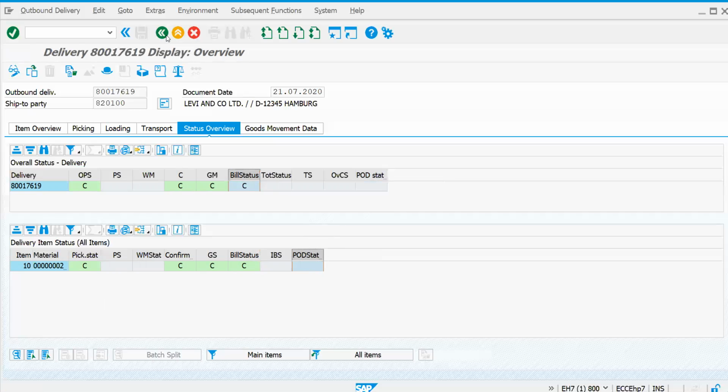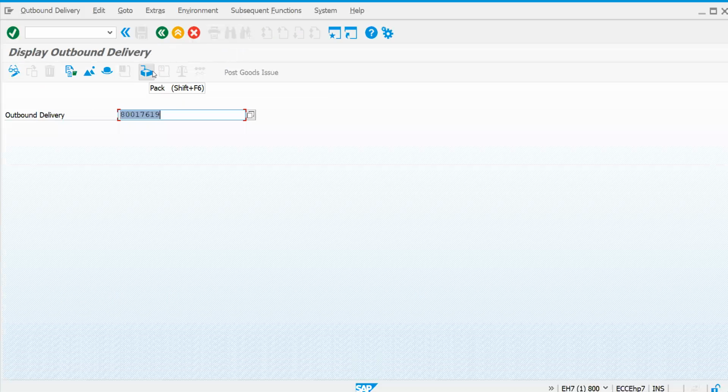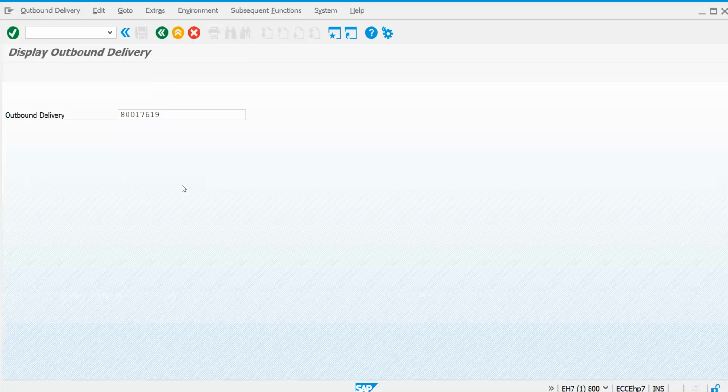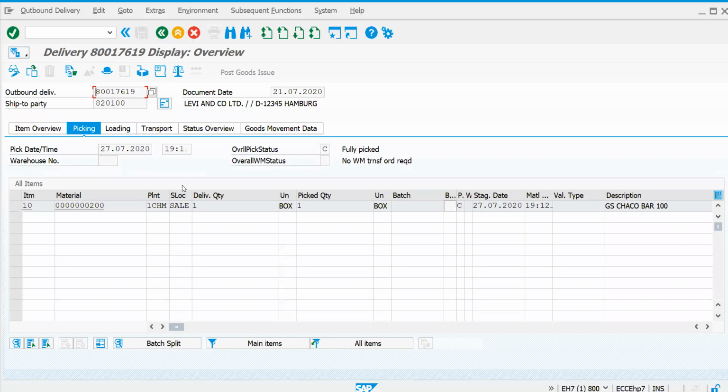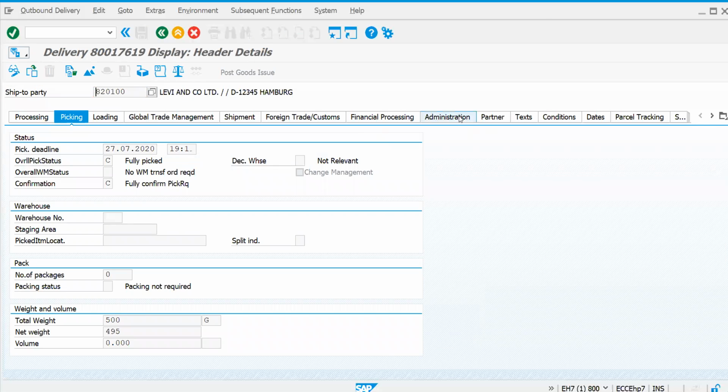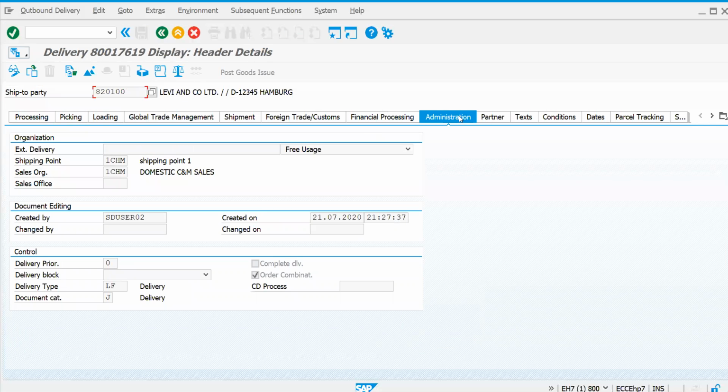This is how your delivery is created. The question that pops up in your mind is from where this delivery is created. So if you go to the header, there is something called administration. If you click here, you can find whatever document type has been used for delivery.